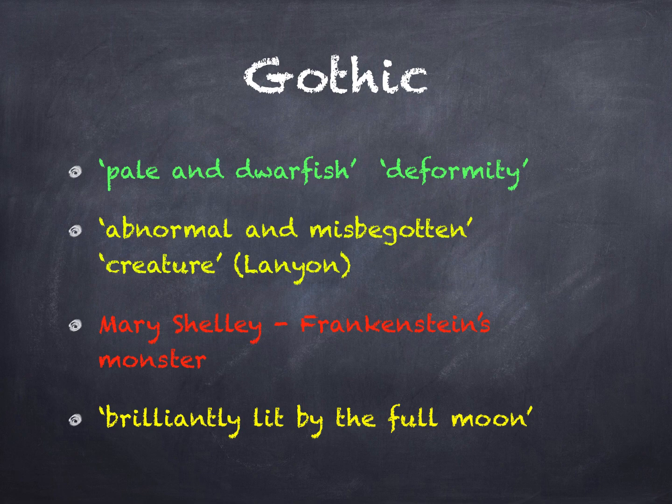And just another little detail about Gothic descriptions. Often the atmosphere is created by the light of the moon, and often when Hyde appears, it is the case that he is lit by a full moon or enveloped in fog. That's another aspect of atmosphere that's often brought out in this novel. So there is a sense of mystery, of darkness, and little glimmers of light here and there, which serve to enhance the paleness and the deformity of the Gothic character.